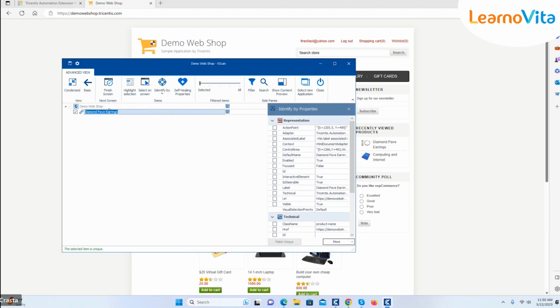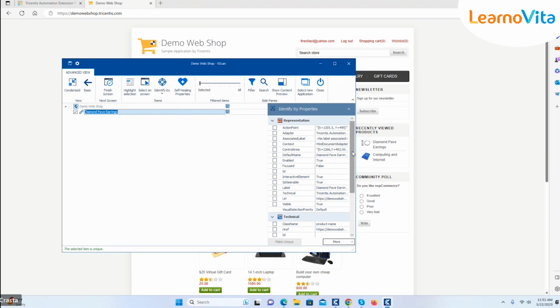Okay, before that we have to make sure, because we are trying to click on that first link, no matter what product is present. Right. So even if the product changes, we always want to click on the first link available under recent view products. Yeah. So we have to make sure the technical property that is making this particular link unique